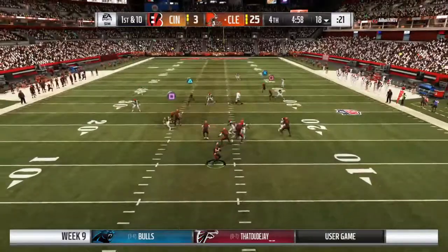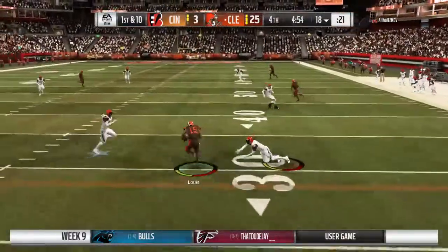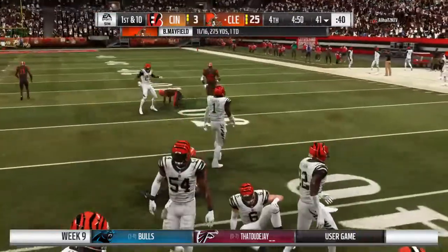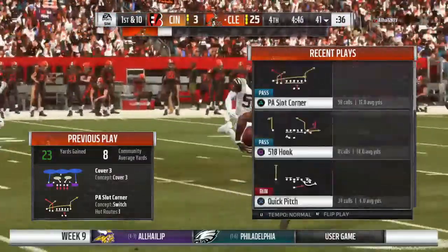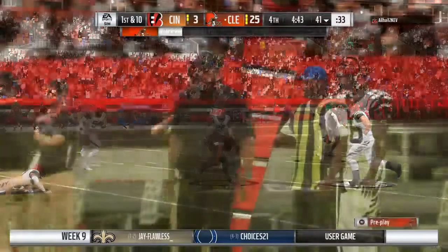Mayfield on play action. Throwing right, and that's complete. They're going to get this beyond the 40 before he's taken down. 23 yards on the play. They're looking to put this game on ice in the fourth quarter, but still not afraid to throw it as